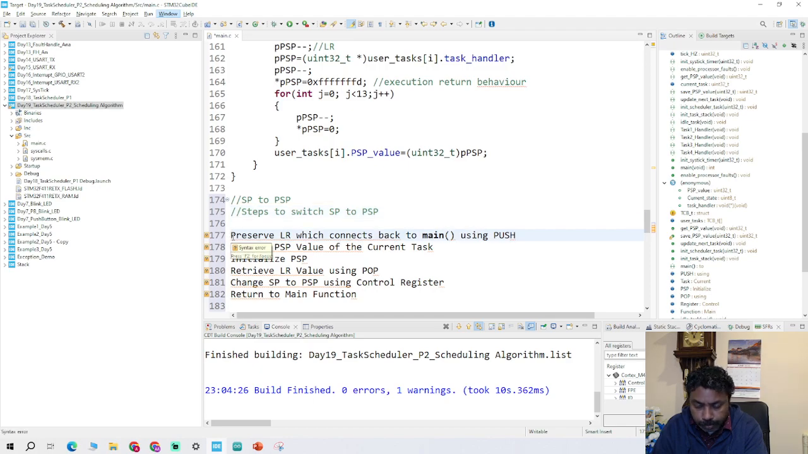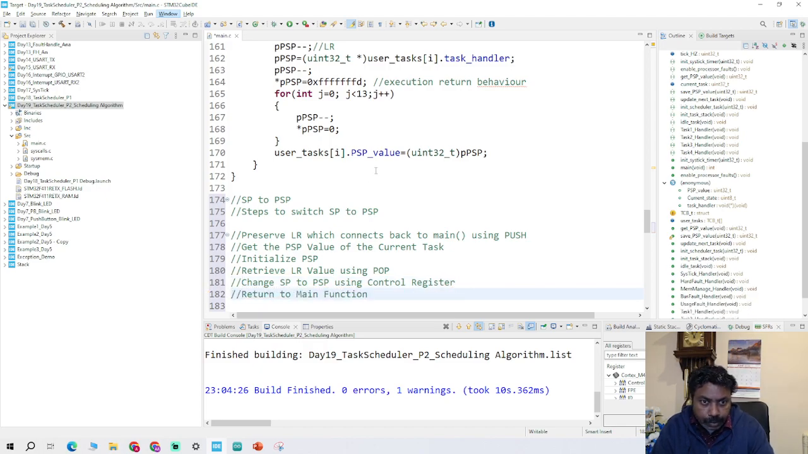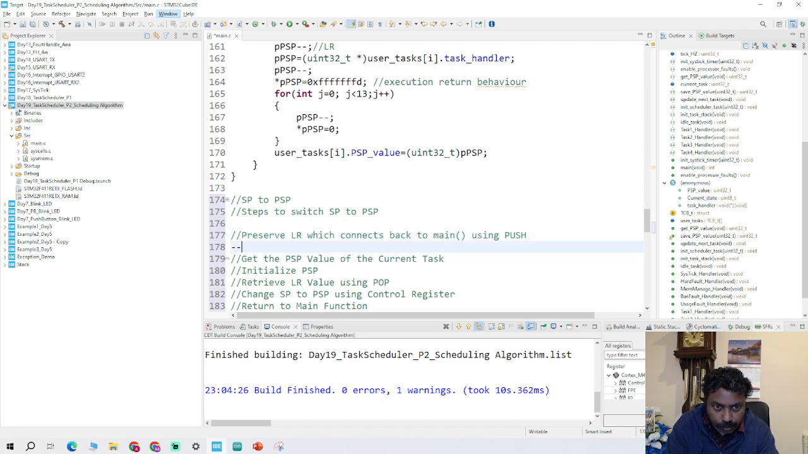First step is to preserve and then get the PSP value and then initialize the PSP, then retrieve the LR, then change SP to using control register and do the return. So let's start with the first one, the push function to preserve. Start from here. You need to write the